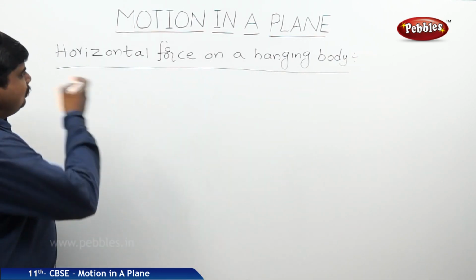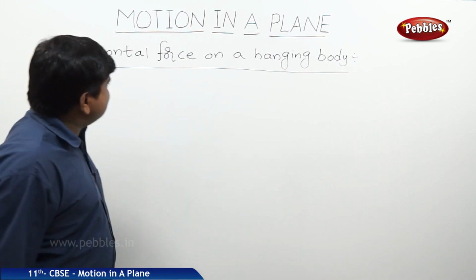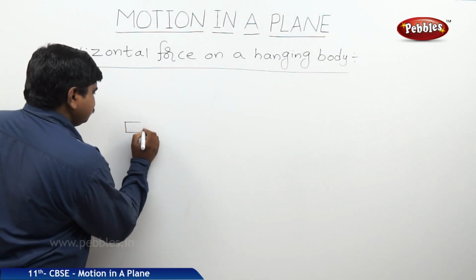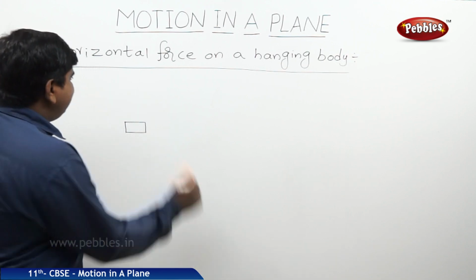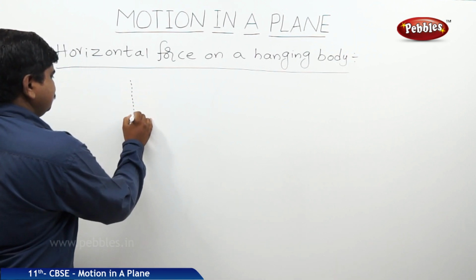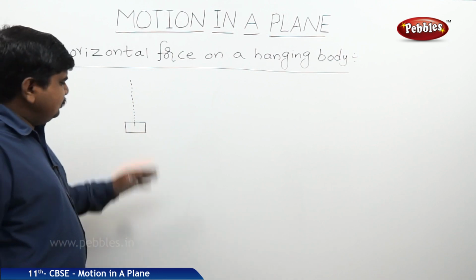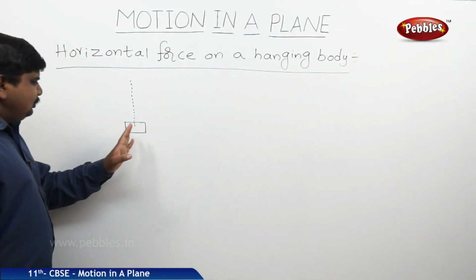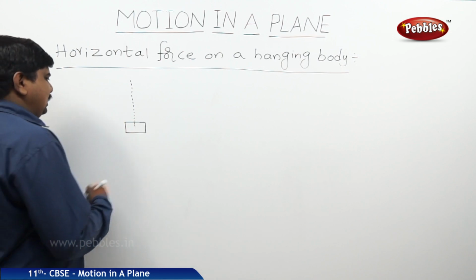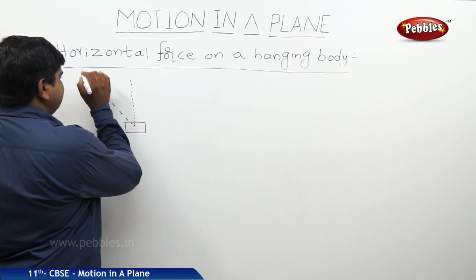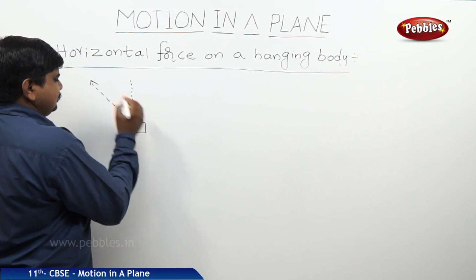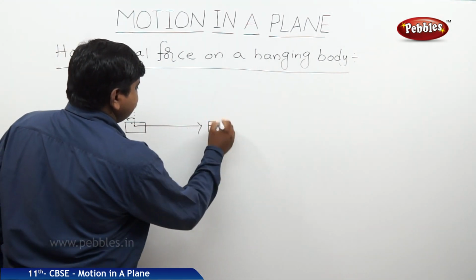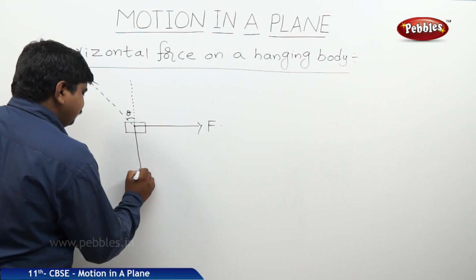This is the case. What is the statement? What is the description of this problem? There is a horizontal force on a hanging body. That means there is a body hanged by a light string, slightly dragged to one side of the corner with a force applied. So this body was slightly dragged to one corner by a force applied with theta. Force applied horizontally is F. Vertically downward, weight of the body is also acting.